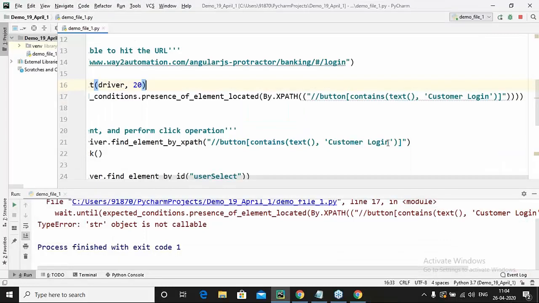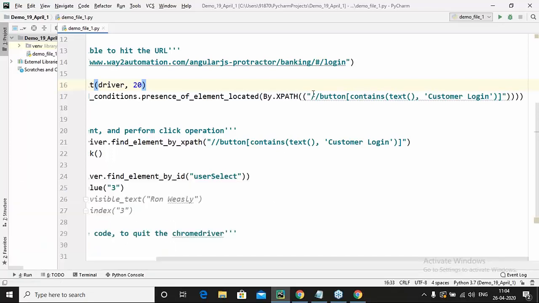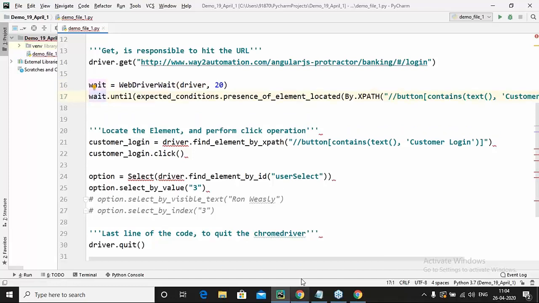It says wait until, okay, string object is not callable. We are doing something incorrect, guys. Anyone who can help me with it? Any random guesses, guys? They help, trust me. Where actually are we doing it incorrectly?